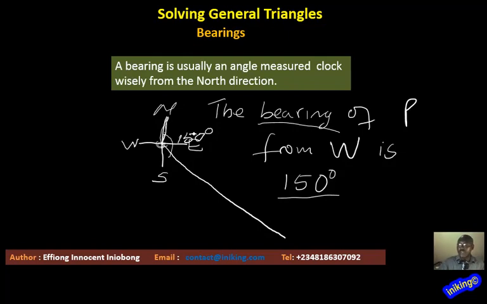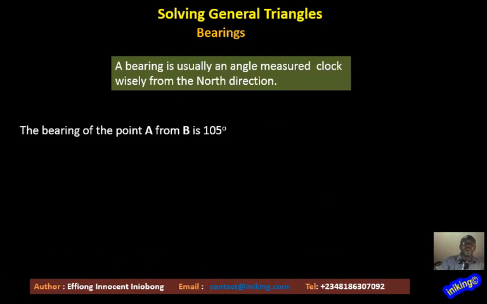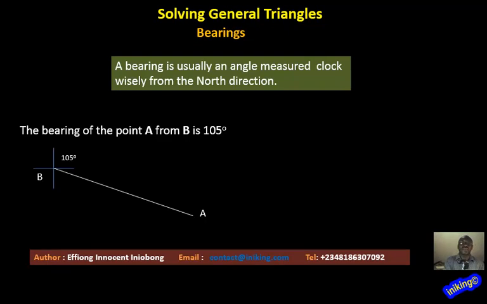Let's look at this. We are told here that the bearing of point A from point B is 105 degrees. Now let me show you how this is taken. Let's look at the sentence. The bearing of point A from, please take note of the word from. That means that is your starting location or where you are right now. From B is 105. So if we are located at B